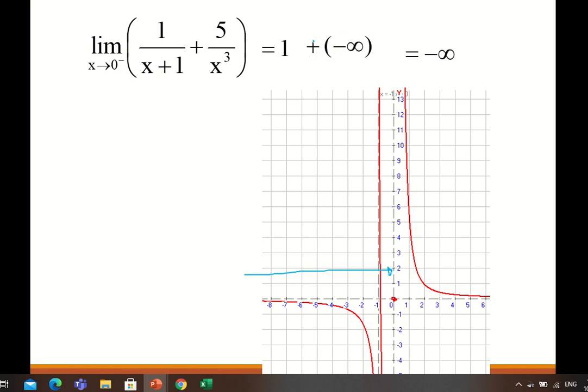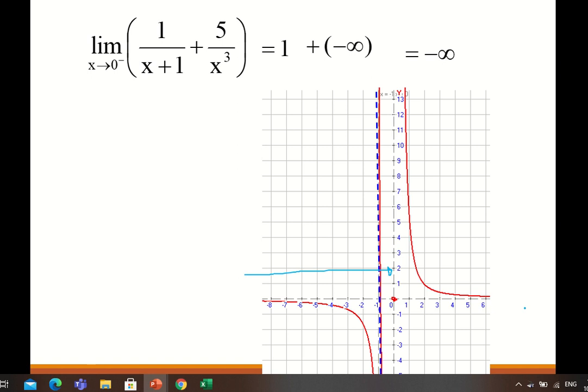From the rule that if you add a certain number to infinity, the infinity will prevail. So this would be negative infinity. The 1 here doesn't have a significant effect. It's a very huge number, but negative. Alright, so next, if you take the